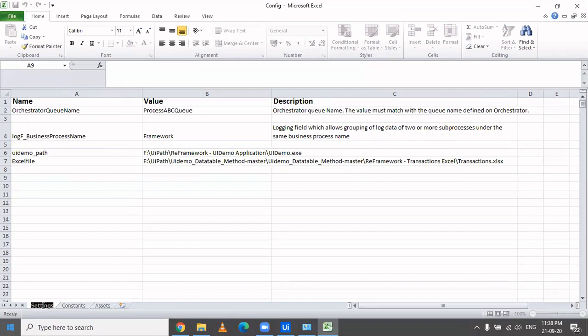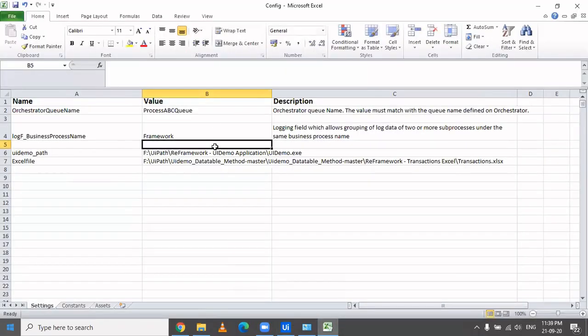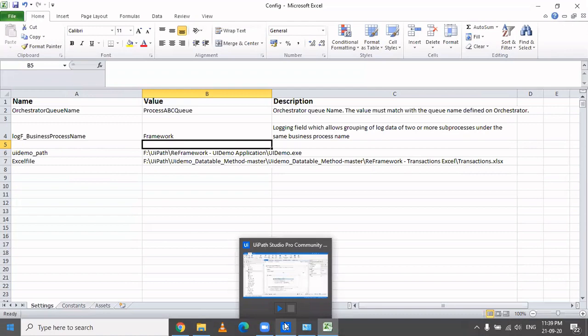Yes, that's the whole purpose of the configuration file: you do not need to make these changes in your code again and again. You just open this file and make the change here, because it's far easier than opening the whole code, searching where to change it, and changing it there.